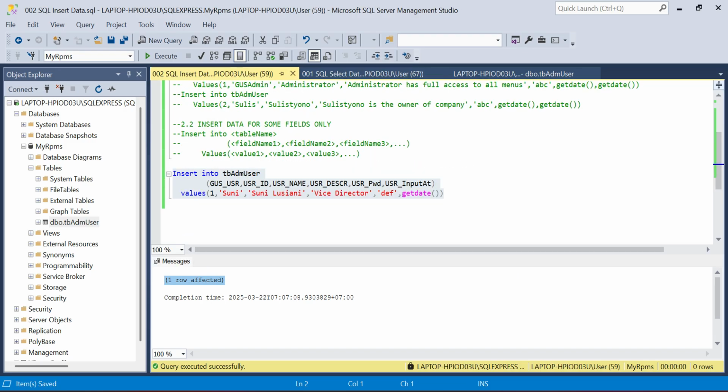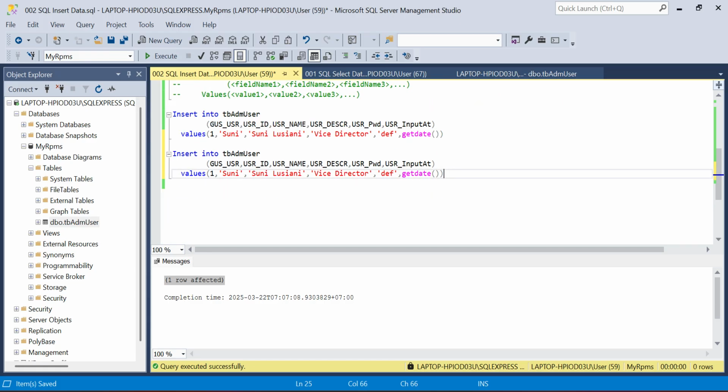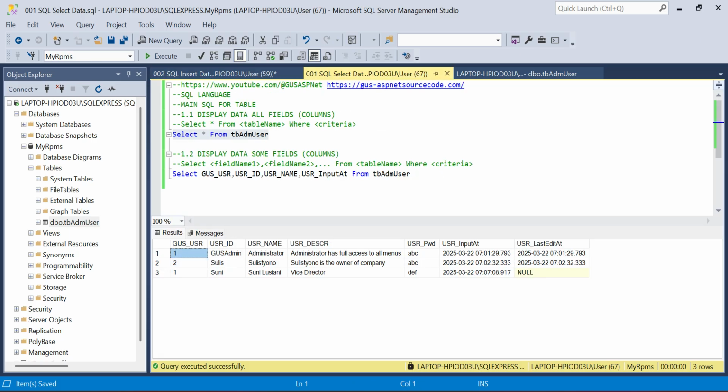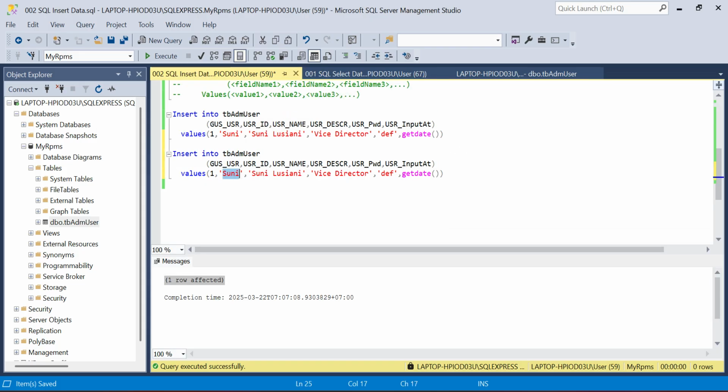Okay, now let's input another data. We'll input. I plan that this Goose USR must be unique, but I will discuss it in our next chapter. I will input again another new data. Ahmad.